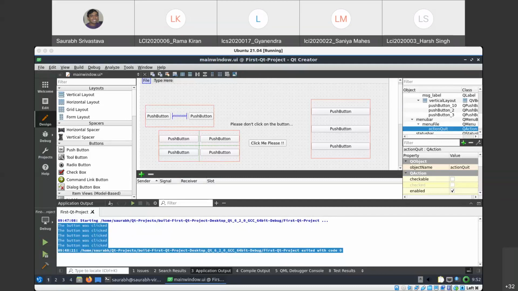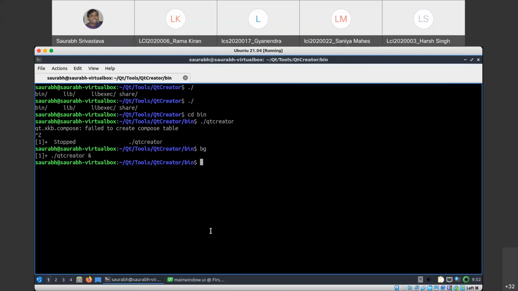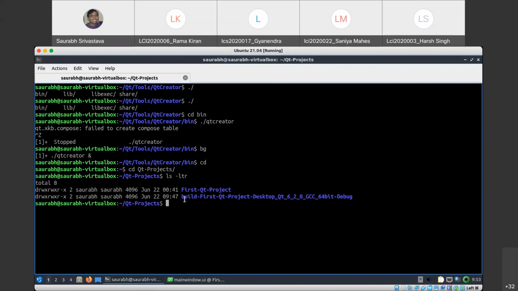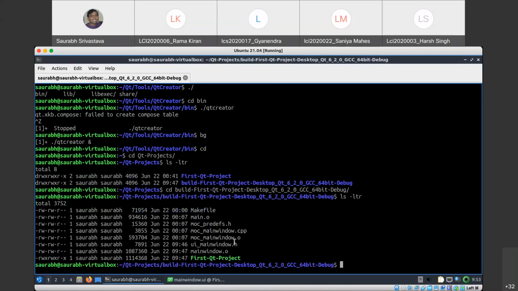By the way, on the console you can see exactly what happened. I think it will be here, Qt projects. There will be a temporary folder like this. You can go and see what exactly happened here. These are all the .o files, right? I'm not sure how many of you have executed some of the code from week 7, week 6, week 5, but you can see these .o files there as well. And then you have this makefile.